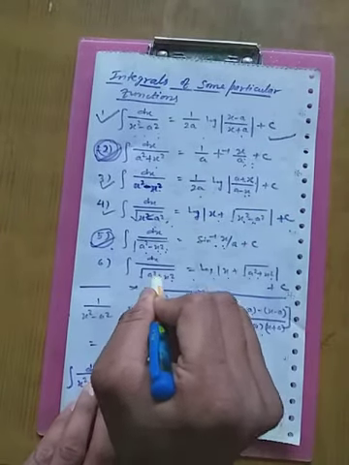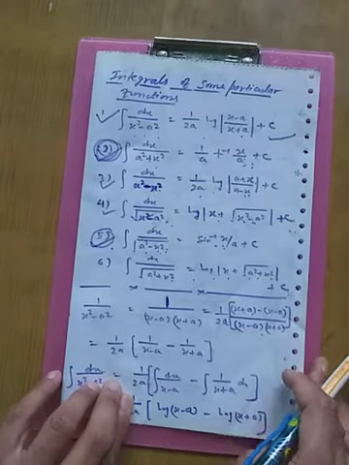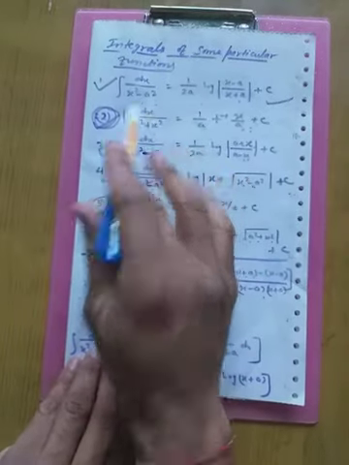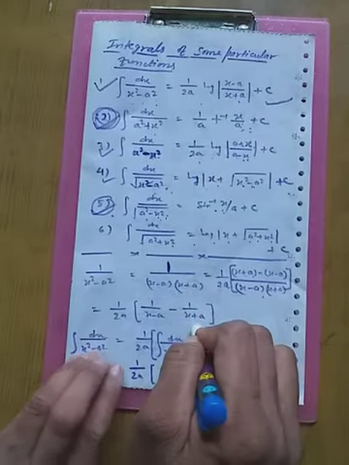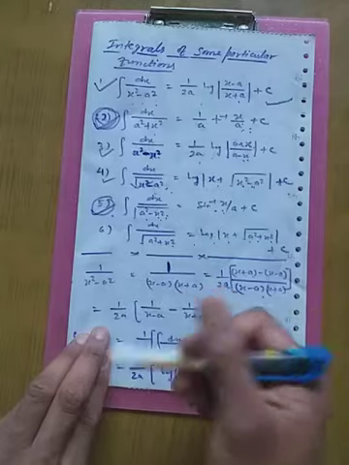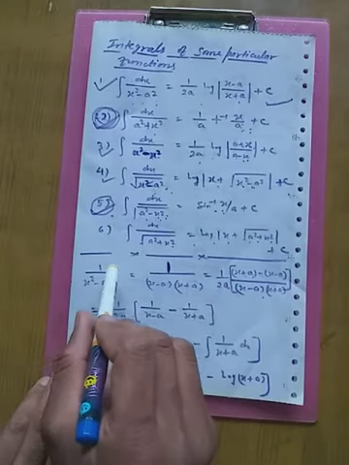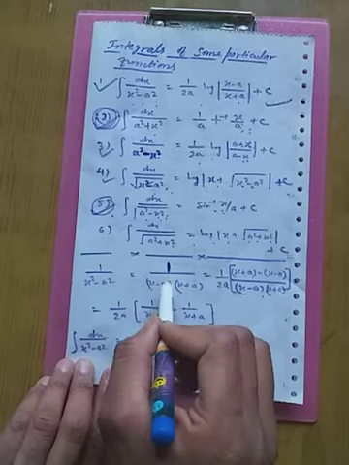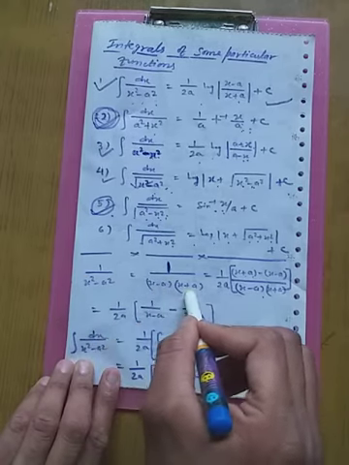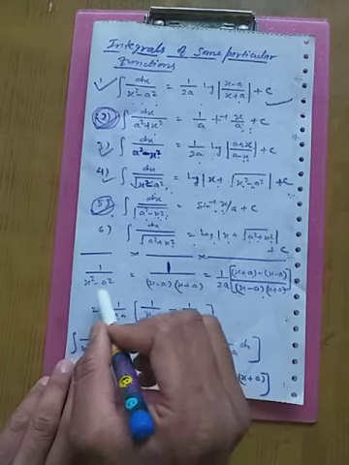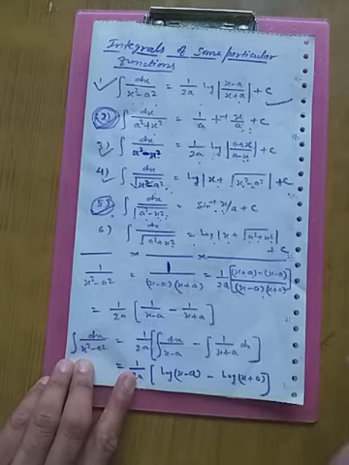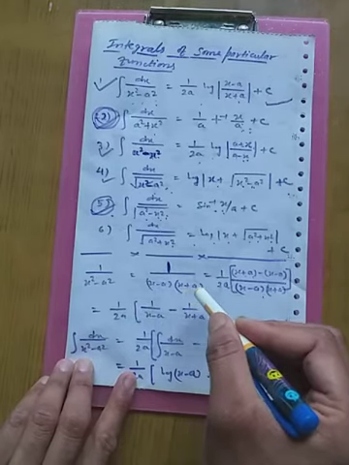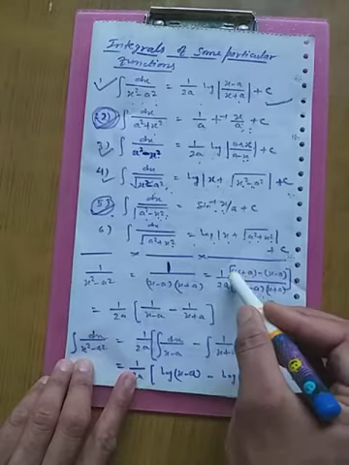Same way for this. Now, I will tell you how to prove it. I am telling you the first one. By reference of this, you can prove the rest by your own. Since 1 upon x square minus a square equals 1 upon (x minus a) into (x plus a), you have applied the formula of a square minus b square. Now, you can change the numerator by subtracting x minus a from x plus a.